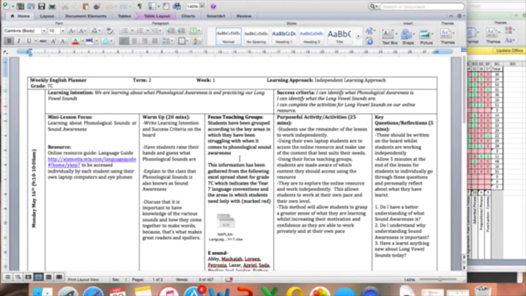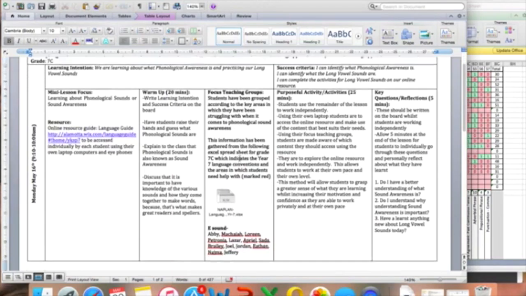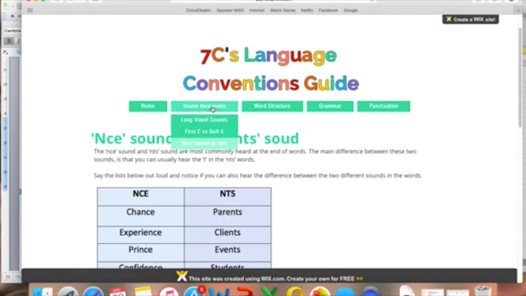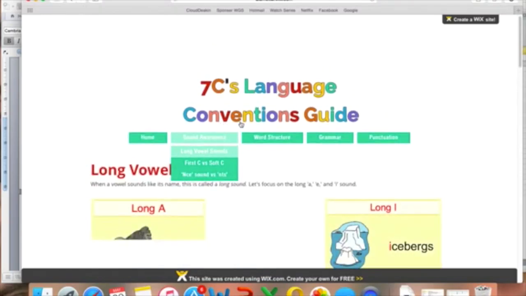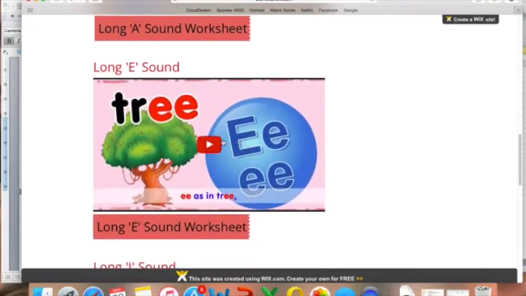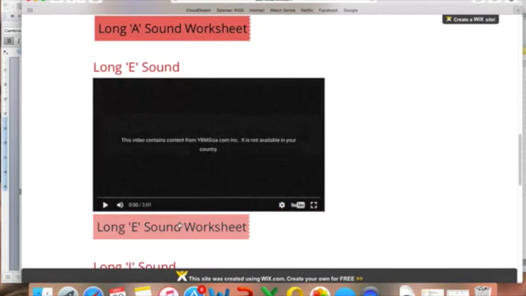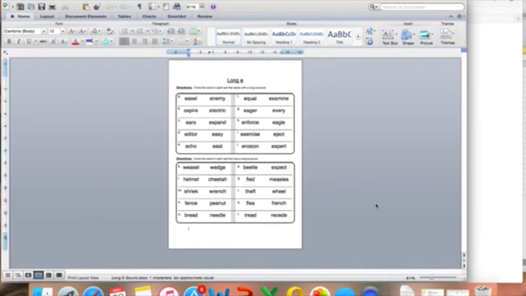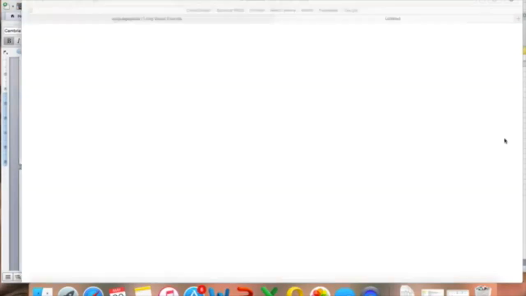Then students can independently work at their own pace, and those that struggle with E will access the sound awareness, long vowel sounds. Then they will work through the long E sound. They will skip the long A and watch this video, and then they will download this worksheet straight onto their computer, print it off, and then circle the word in each set that starts with the long E sound. So it's very, very easy to use and allows students to work at their own pace